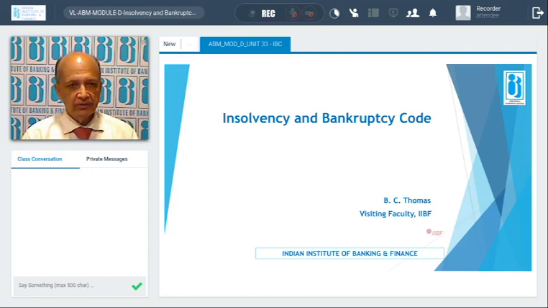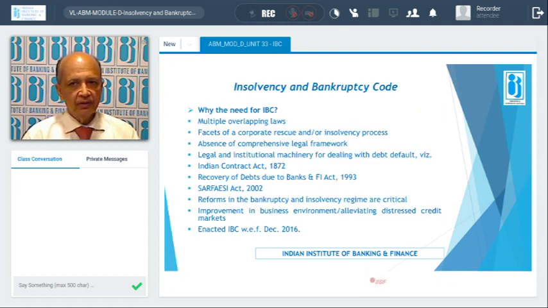In this session, we would be discussing the Insolvency and Bankruptcy Code 2016. Friends, why has the government enacted this Insolvency and Bankruptcy Code? We would be discussing the background. First of all, the enactment of this Insolvency and Bankruptcy Code, we call it IBC,